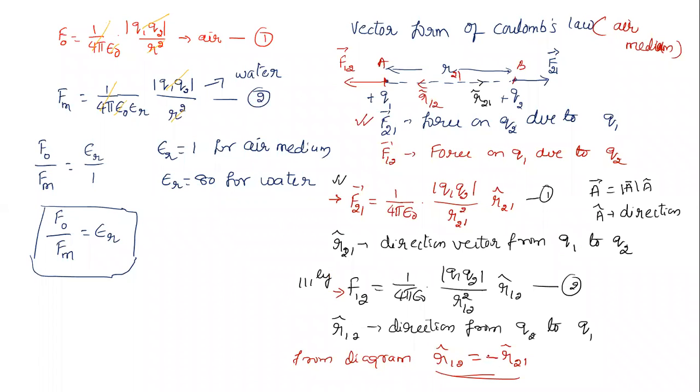Look at now. I'm going to use this relation here, R21 and R12, in the opposite direction. Can we use equation number 1 in the place of R21, or in equation number 2? Okay, let me take equation number 3. In the place of R12, can we replace and write negative sign of R21? Okay, so I'm going to do it now, from equation number 2 and 3.